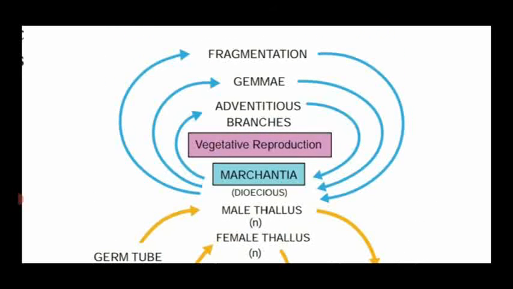See, at the top they are giving the vegetative reproduction. It shows the adventitious branches, the first type, gemmae. Some species of Marchantia also show fragmentation. That means the plant thallus is divided into a number of pieces known as fragments at the median plane. In the center they have the midrib; in that midrib region, they are divided into different fragments. Each fragment develops into a new individual. That is said to be fragmentation. So these are the 3 modes of vegetative reproduction.